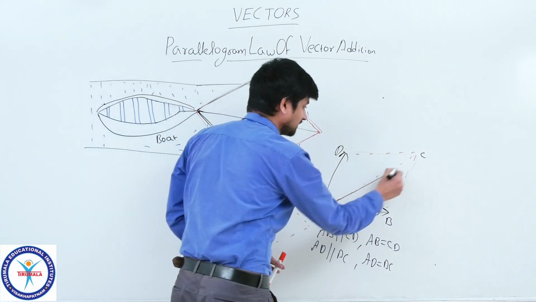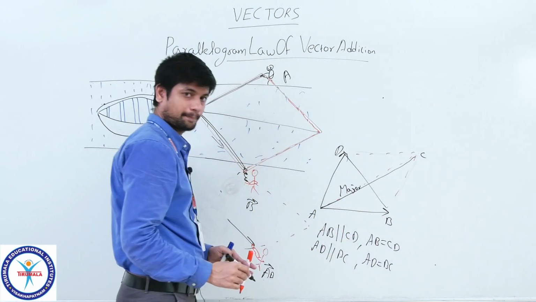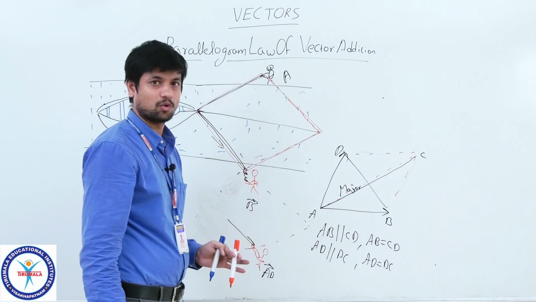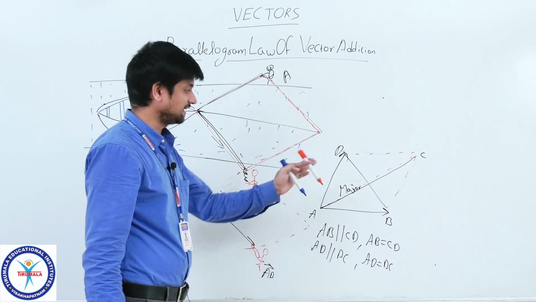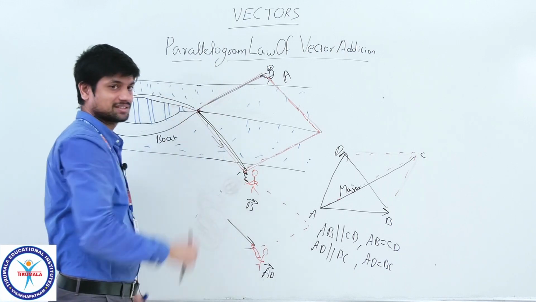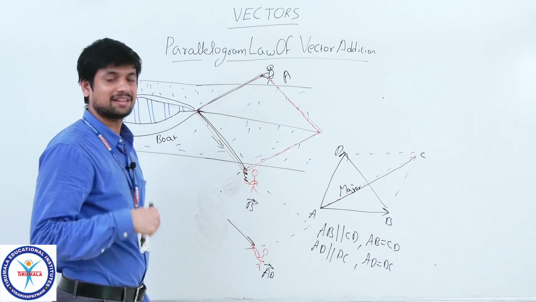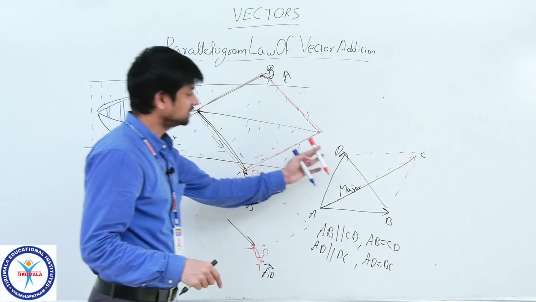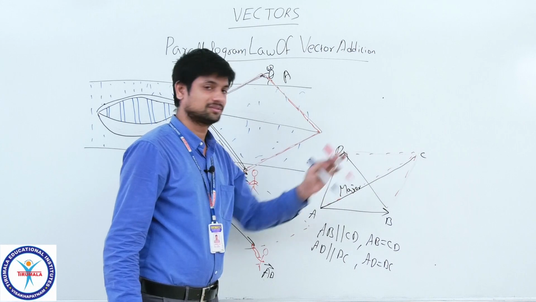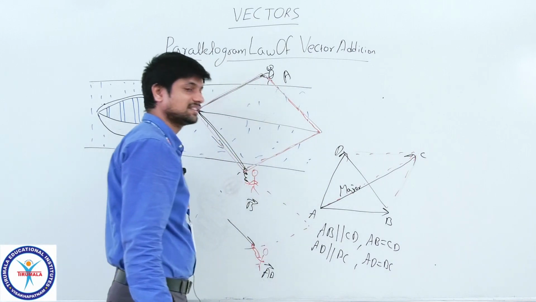This is the major diagonal, and this is the minor diagonal. Two diagonals exist in the parallelogram, major and minor. The major represents the sum, the addition of these two vectors. The minor represents the subtraction of those two vectors, meaning if I take the angle between them as 180, then DB is the answer. If I take the lesser angle between them, then AC is our answer.